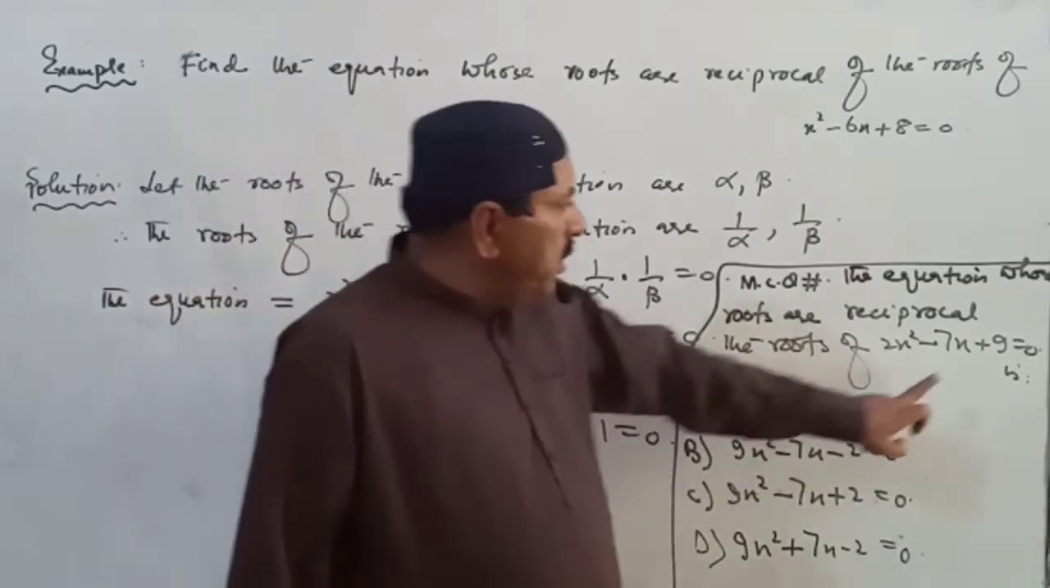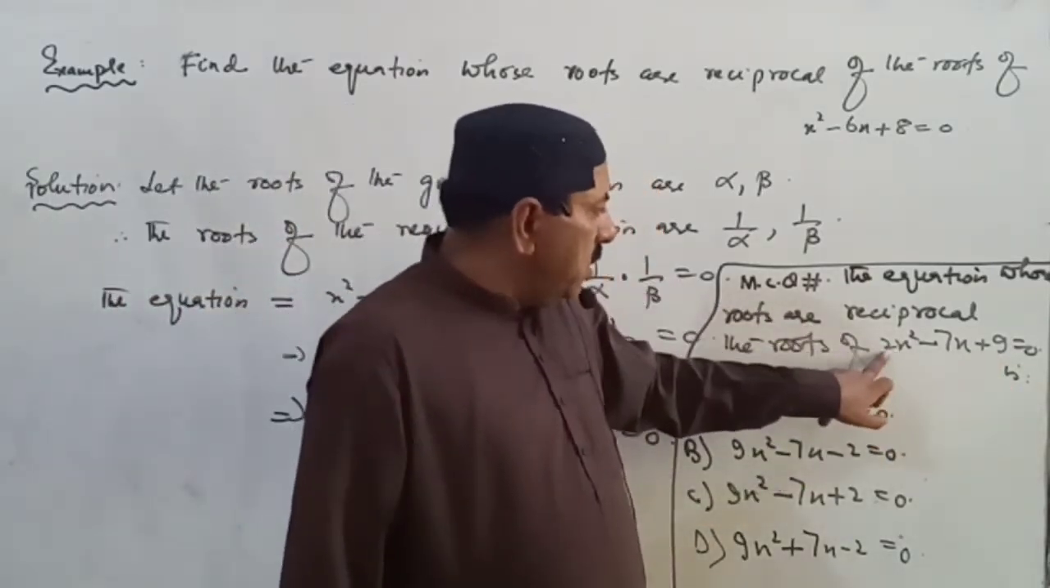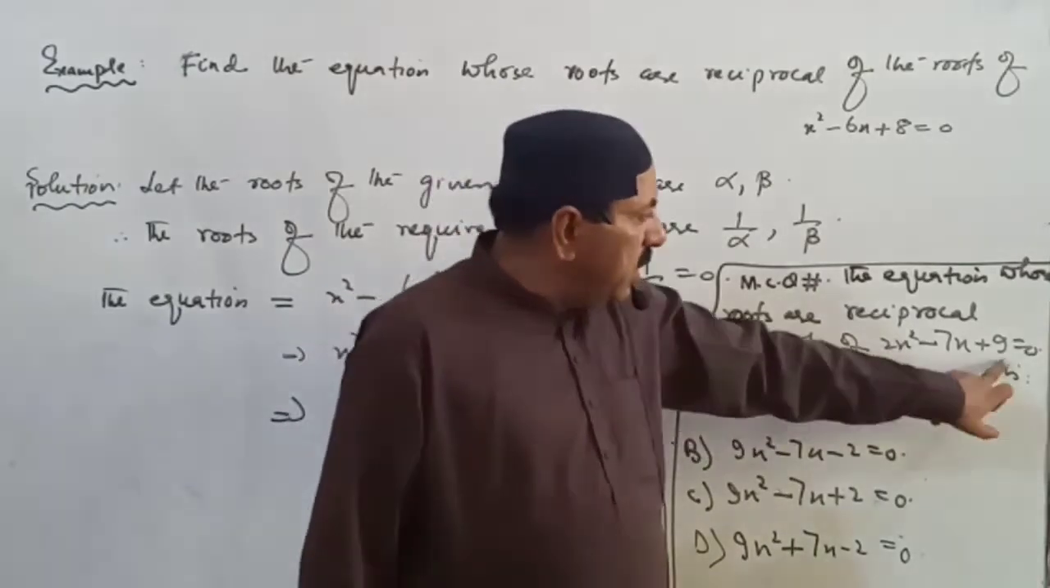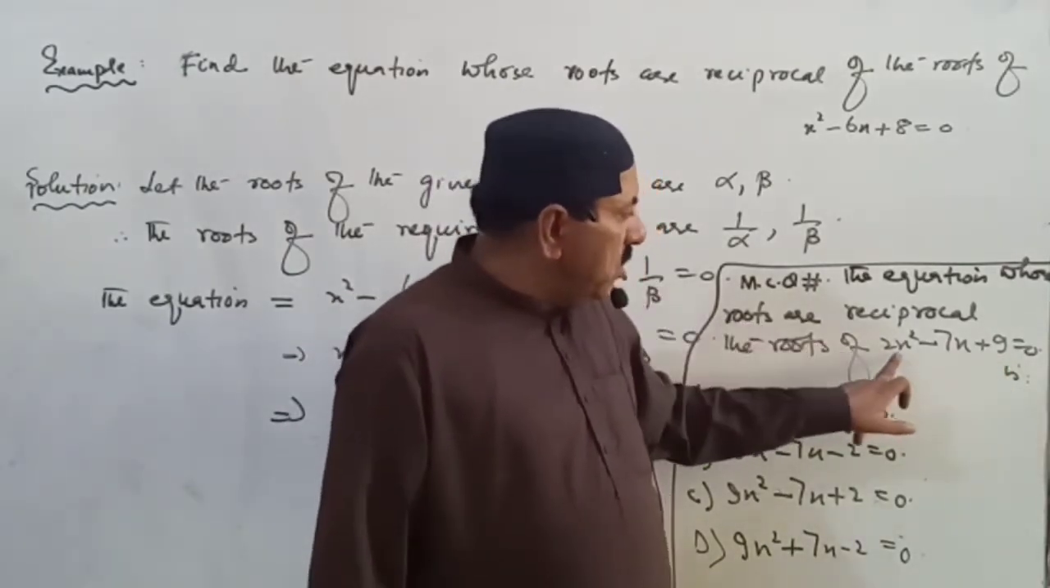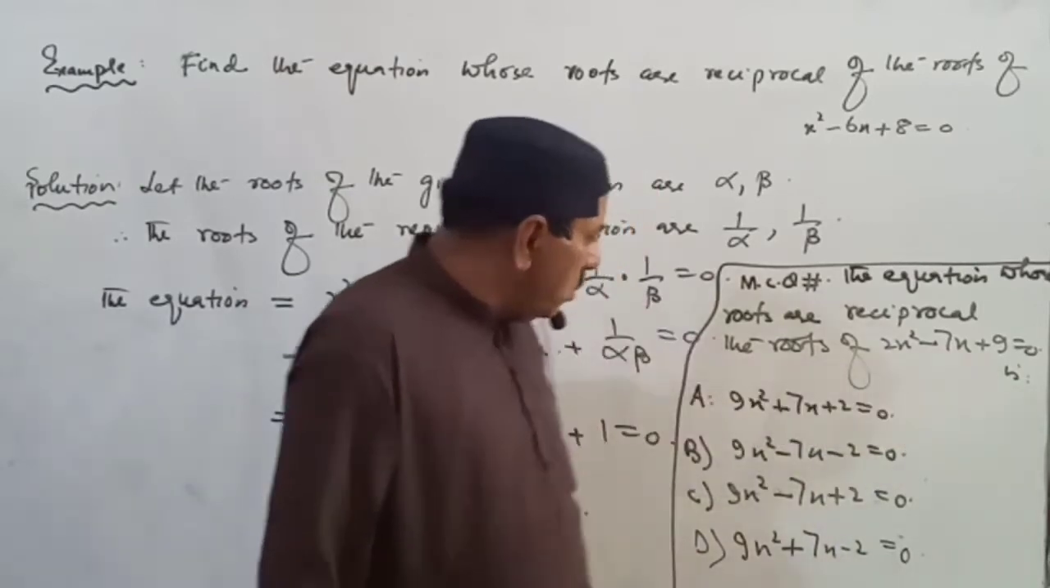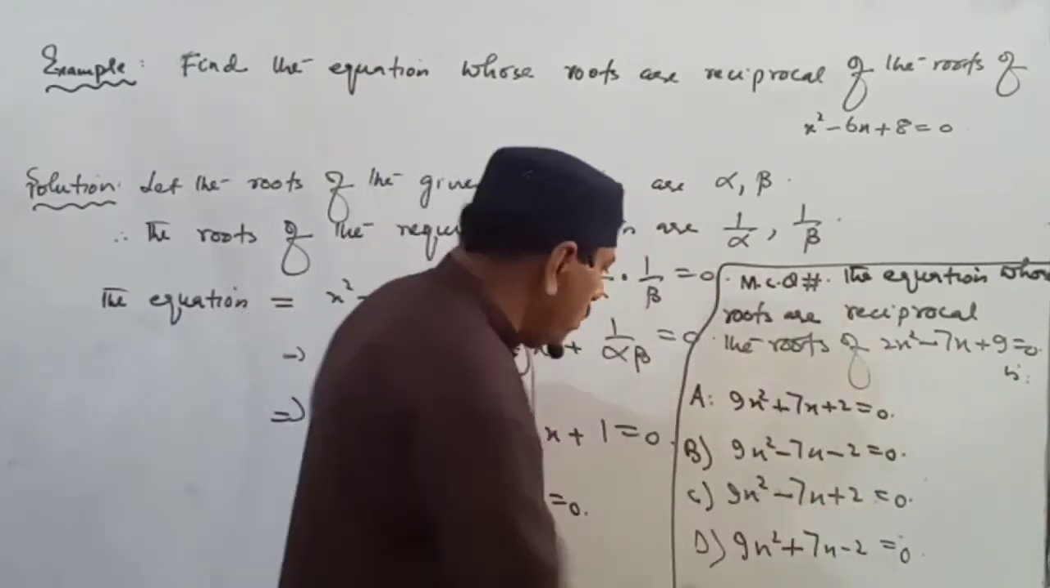Now reciprocal means 9 will be shifted, instead of 9, 2 will be shifted to the place of 9. So this will be 9x square minus 7x plus 2. C is the correct option. Okay. Now